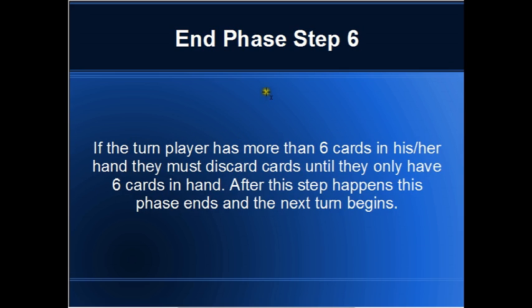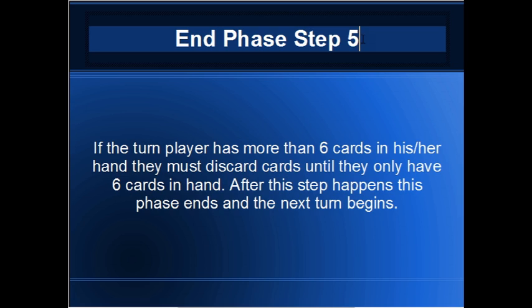And step 5 is the discarding from hand. After all effects have been resolved and the end of the turn is coming up, if the turn player has more than 6 cards in his or her hand, they must discard cards until they only have 6. After this step happens, this phase ends and the next turn begins. So this is the last thing to happen during the end phase. Once this happens, nothing else can happen, which is kind of interesting because